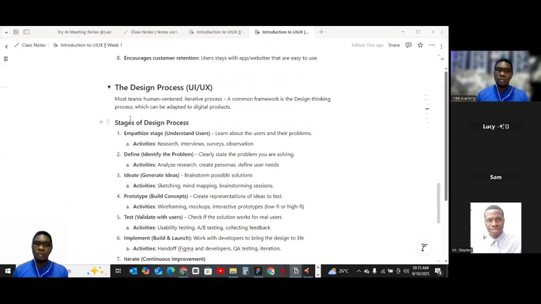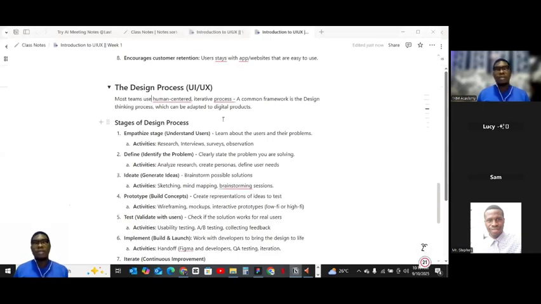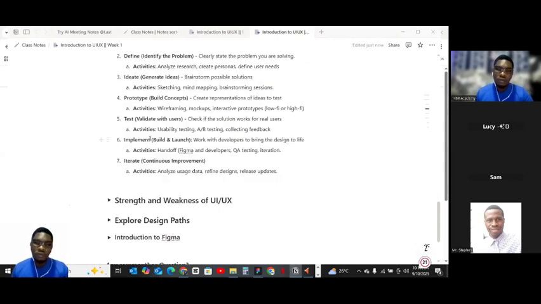Now human-centered means you are very much concerned about what your user needs. Let me use the word, you're emotional about them. You are basically following what they need. You are not just using some step-by-step design process, right?